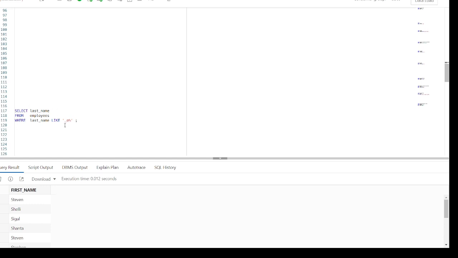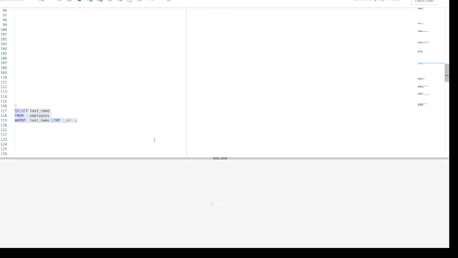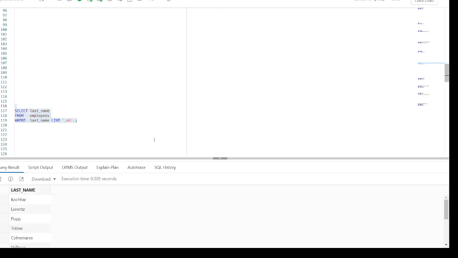In this example, it displays the last names of all the employees whose last name has the letter O as the second character. When we execute this, we get the result set with all the names with the letter O in the second place.